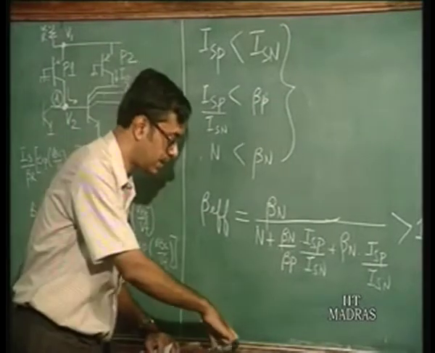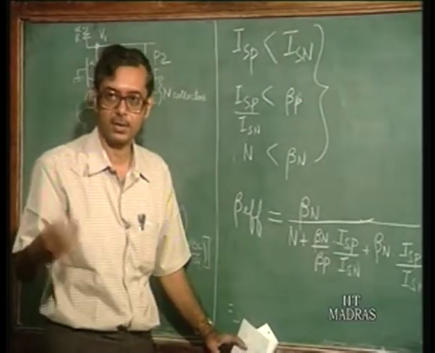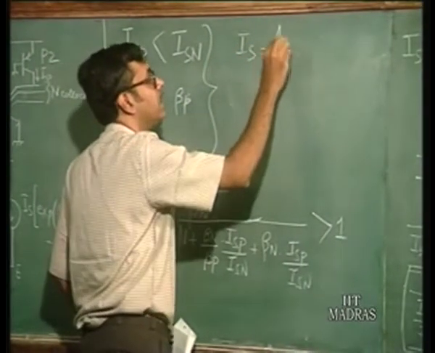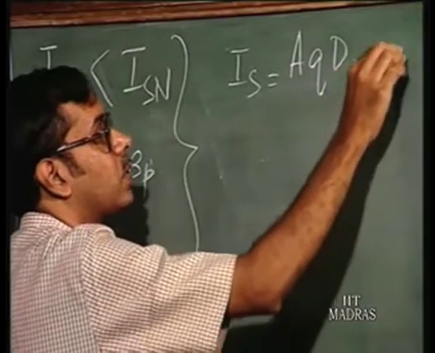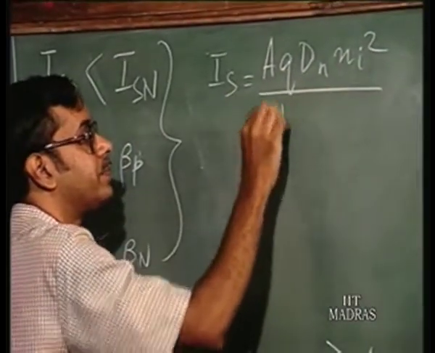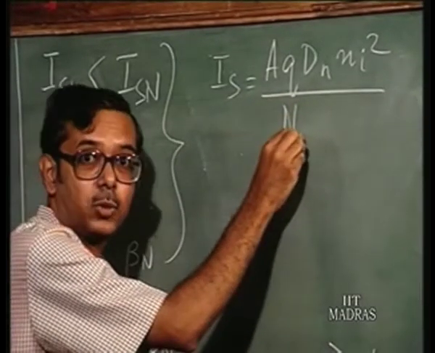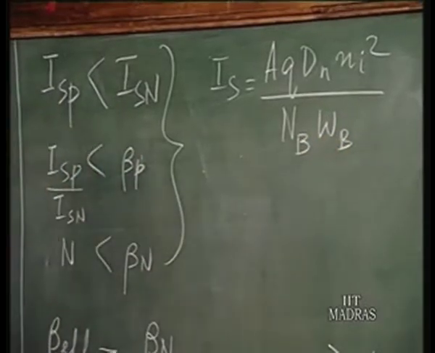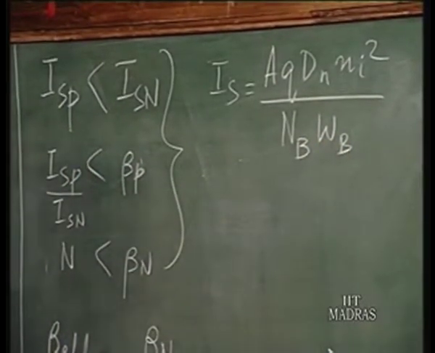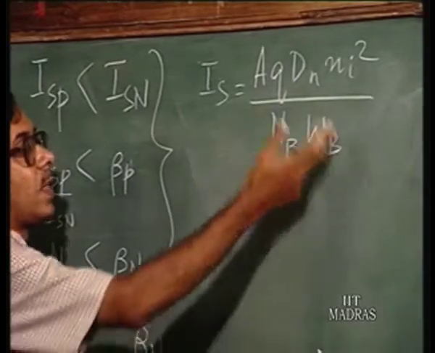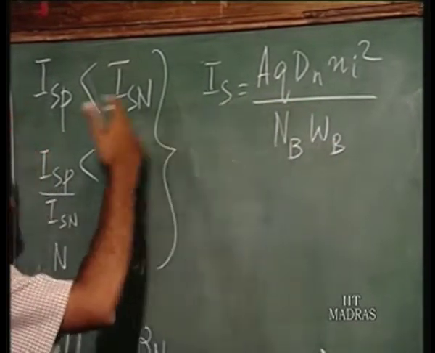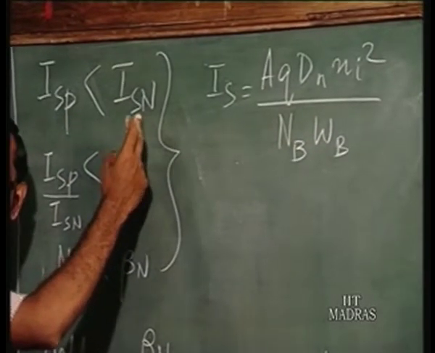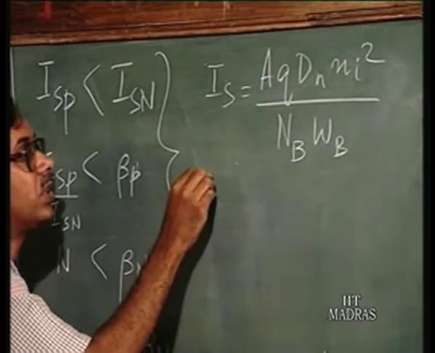Okay. Now, what is the expression for IS, or the saturation current? IS in a transistor is given by, if you remember, AQ dN Ni squared by NB, that is the base doping, into WB. Okay. So, if you look at ISN, ISP must be less than ISN. Okay. So, what you have to do is you have to ensure that, well, dN